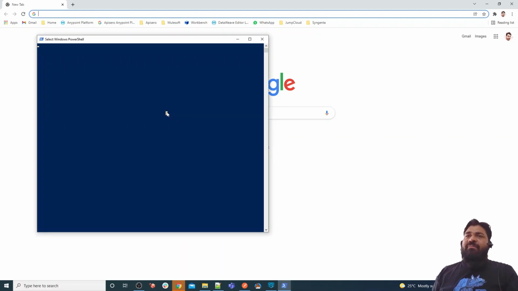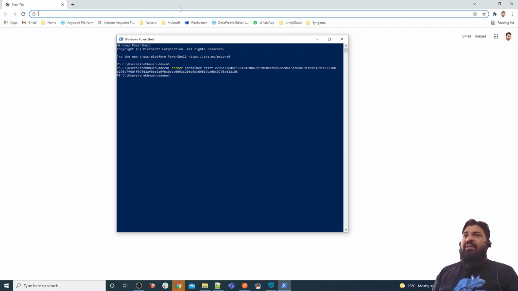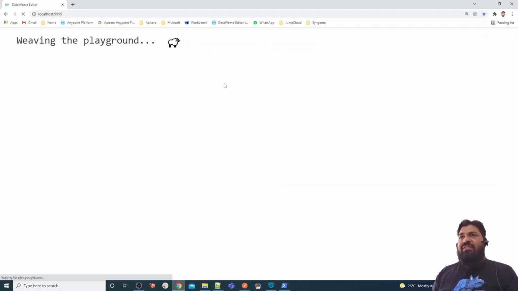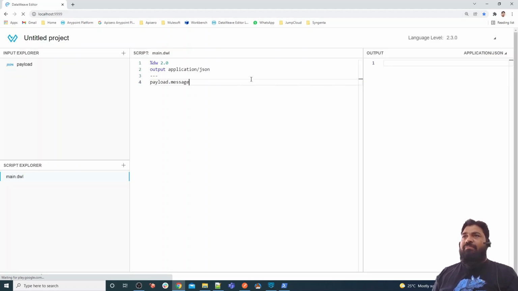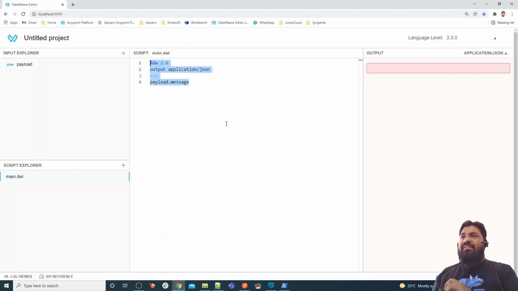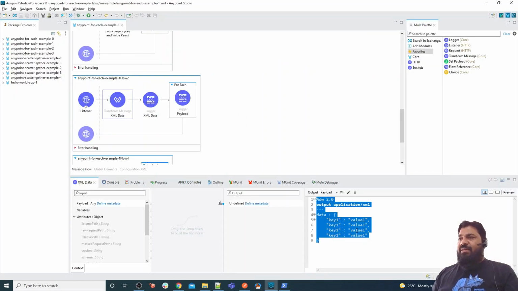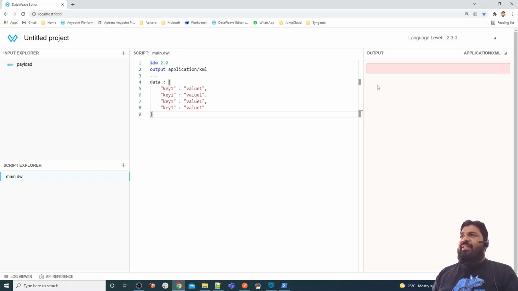Actually I'm running the DataWeave 2 editor playground on my local machine. Let me start this. I've started it, and if I click on localhost 9999, my local DataWeave playground is started. I'm putting this payload here.